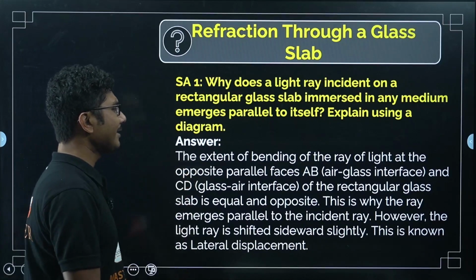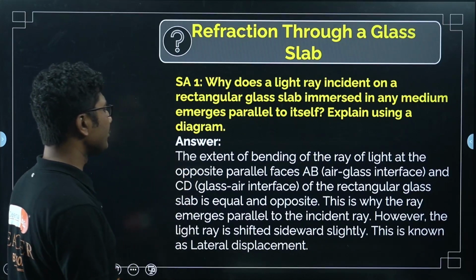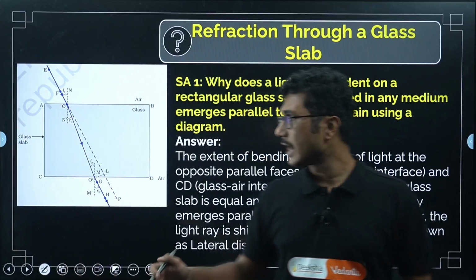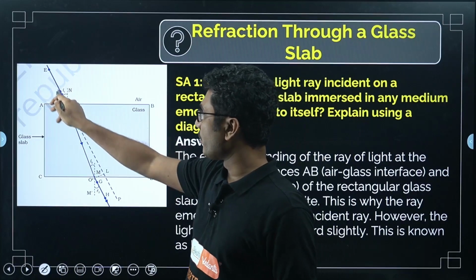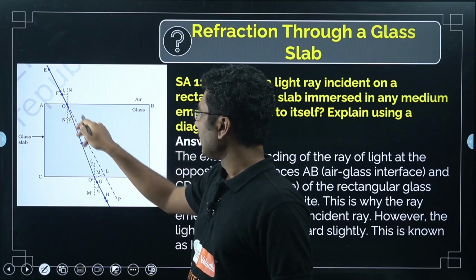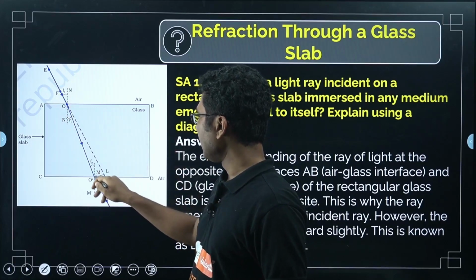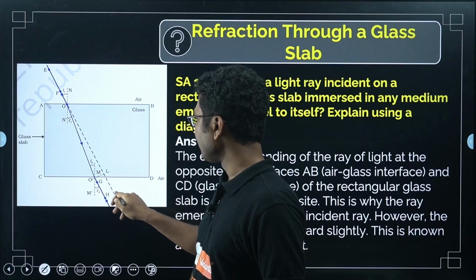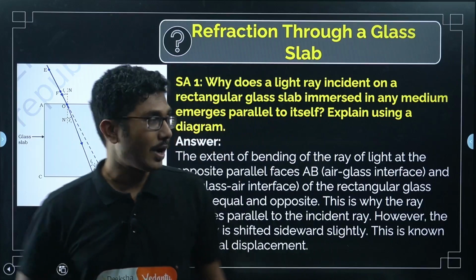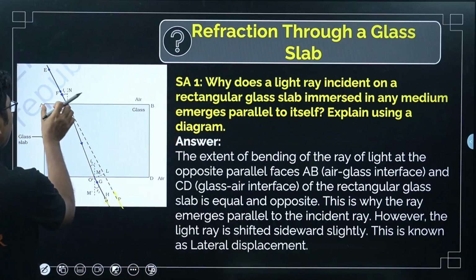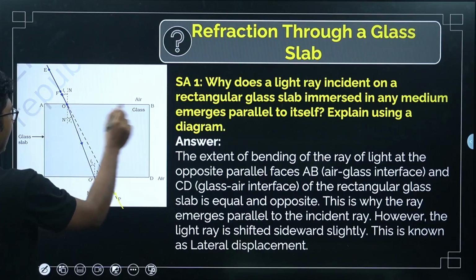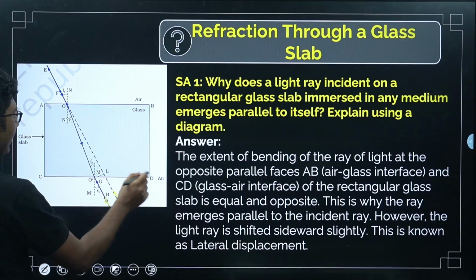In the extent of bending of a ray of light at the opposite parallel faces AB, I am going to show the image as well. So if you see the light ray is coming from here, after emerging out, this ray would have been passing through this and it is actually passing through this. That means these two rays are parallel, right? Now why is this happening? Because the way it is getting deviated from this surface AB, the same amount of deviation is happening on ED,